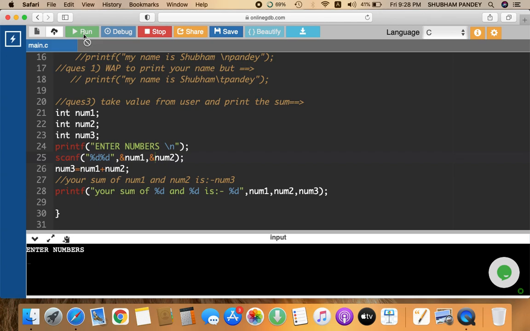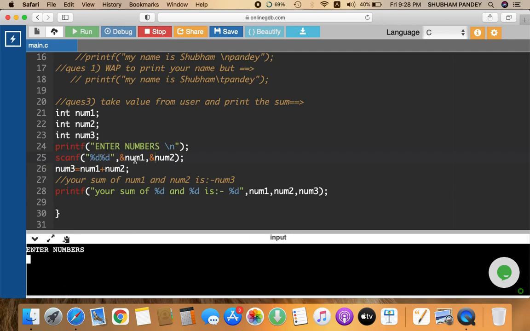It is compiled successfully. And what is happening actually: the compiler understands there is a variable num1 of integer data type, num2 of integer, and num3 of integer data type. Now it reads the statement printf "enter your number", and prints it as it is. Now scanf is written, that's why it is waiting for you to give some value.